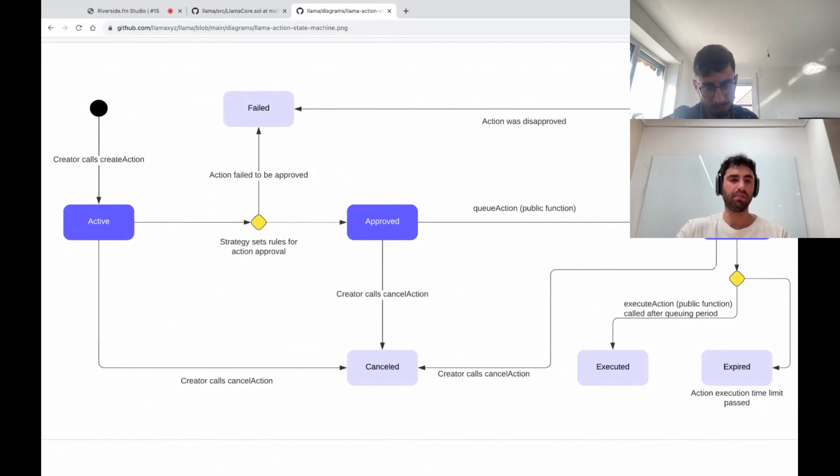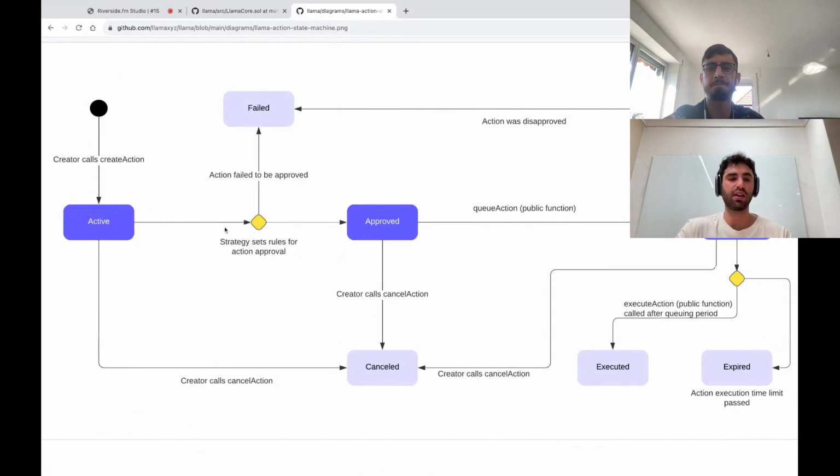I'll go into the different strategies that we've launched Llama with. It's important to note that every instance is self-governed, self-managed, and standalone, so you can create additional strategy logic contracts. Some of the strategy logic contracts we have are a relative voting strategy.